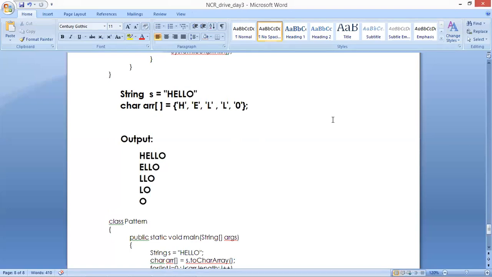Okay. 1, 2, 3, 5, 8, 13, 21, 32, the same one. Fibonacci only. Inside the Fibonacci, please use a nested loop to do this. You just try based on this one. Okay?